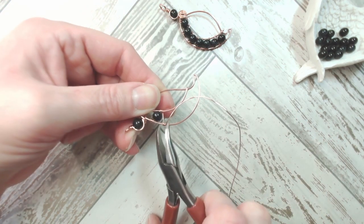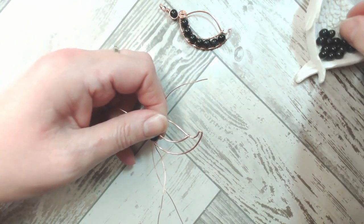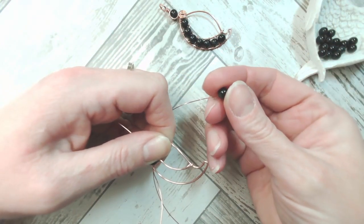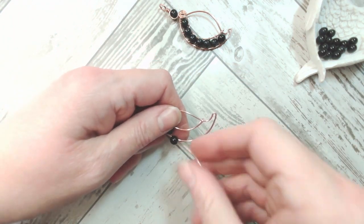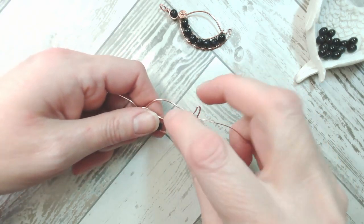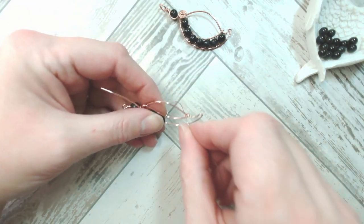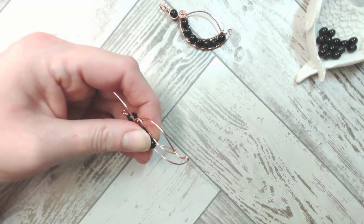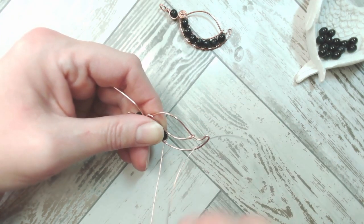So keeping those coils nice and tight, I'm then going to add in my next bead, and I won't go all the way down to the bottom because it's simply repeating the same thing over and over again. So let's swoosh that bead down into position, and if you need to, you can make minor adjustments to the shape to make those beads sit neatly. So I'm just going to wrap another 3 times, and then we'll finish up at the top with that coiled